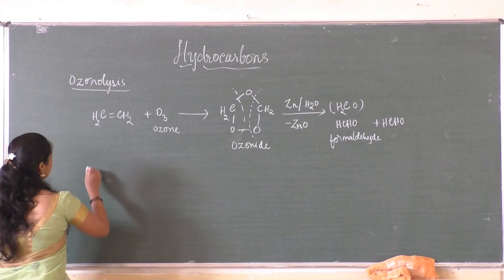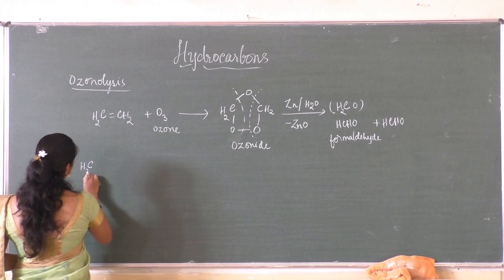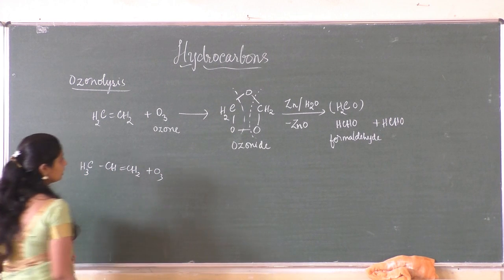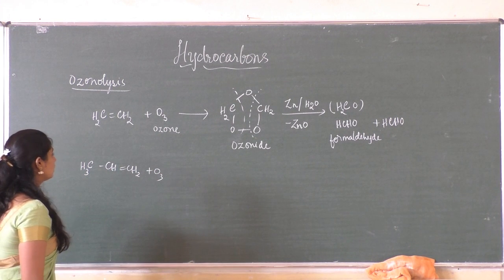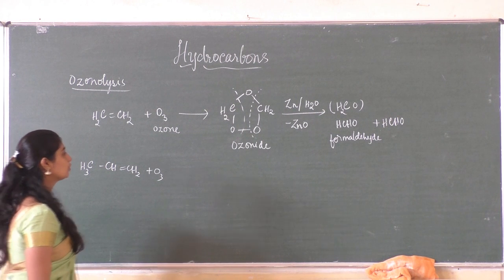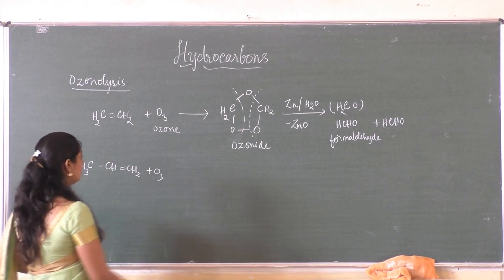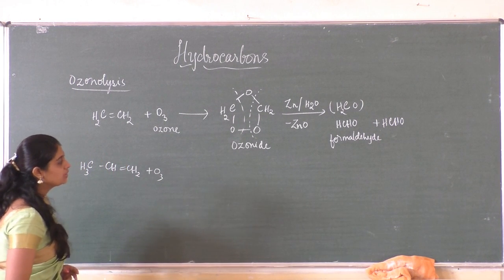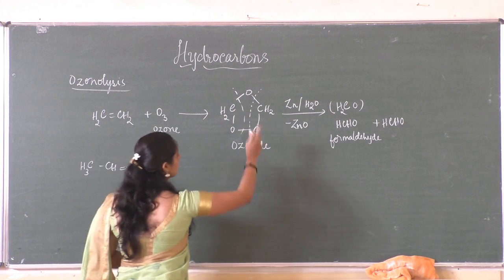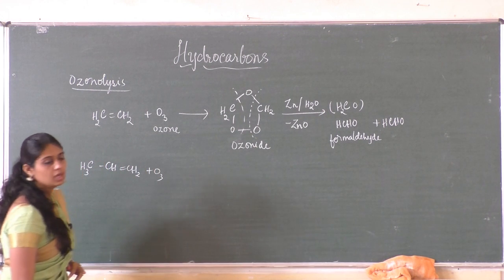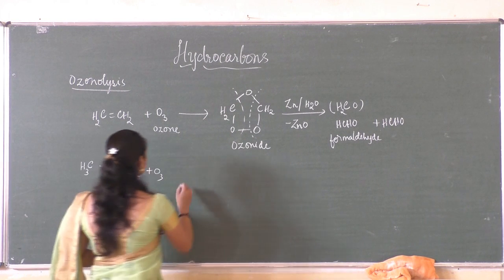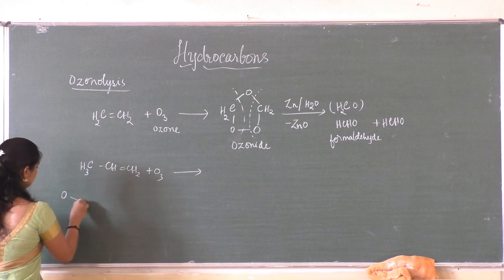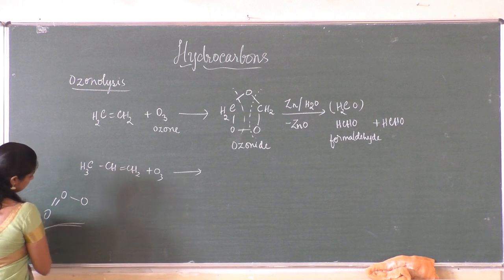So if I use propene, then the addition takes place. This is an important question, ozonolysis. That is nothing but the addition of ozone across a carbon-carbon double bond to form an unstable compound called ozonide, which, when treated with zinc and water, immediately undergoes reduction so as to form aldehydes or ketones. So let us see in this case, O3 gets added. This is the structure of ozone.